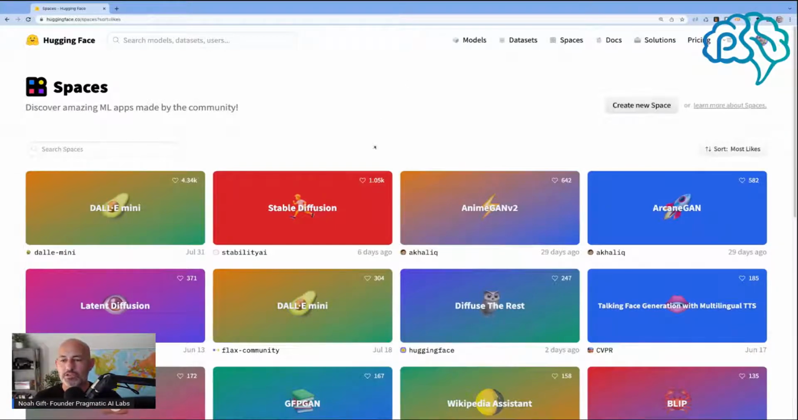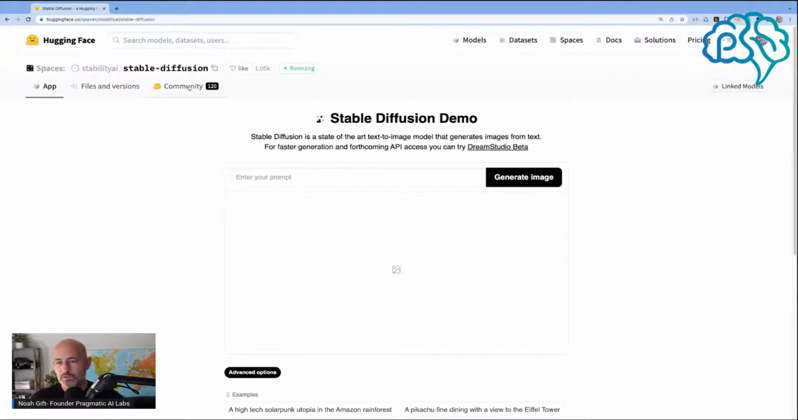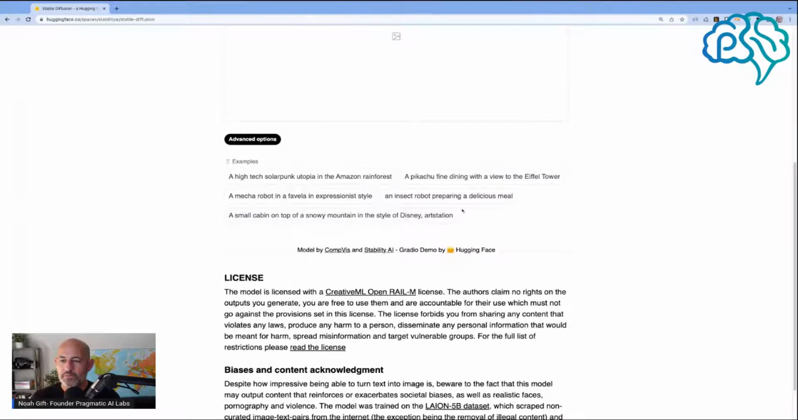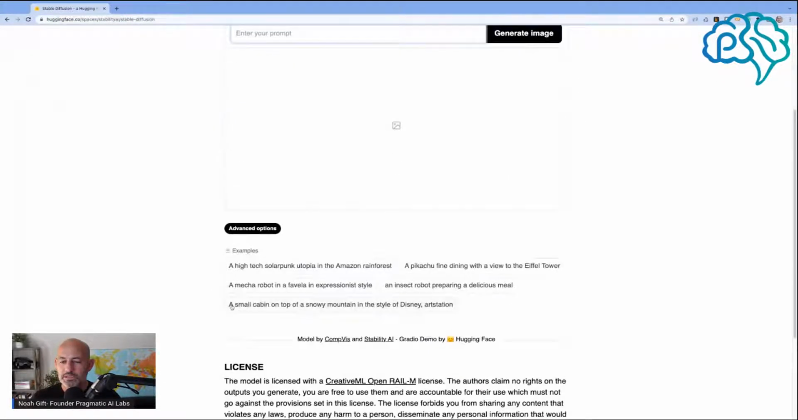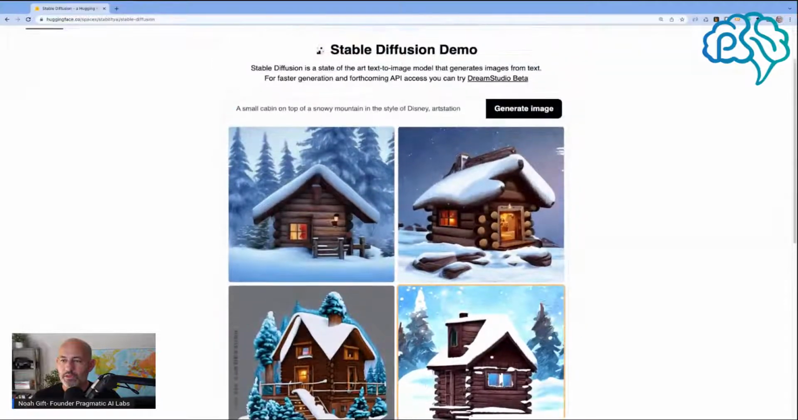So to start with, let's just start off with a space here real quick. This is the one a lot of people are playing around with. We can enter a prompt, and we could even take some ideas here, like, there we go, a small cabin. It created this programmatically, but let's do, like,